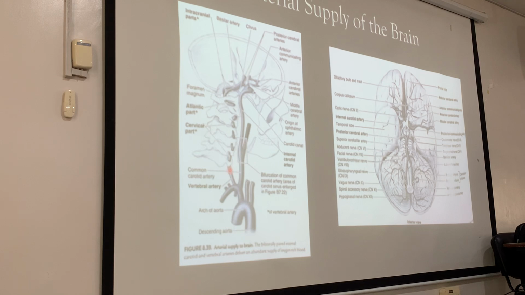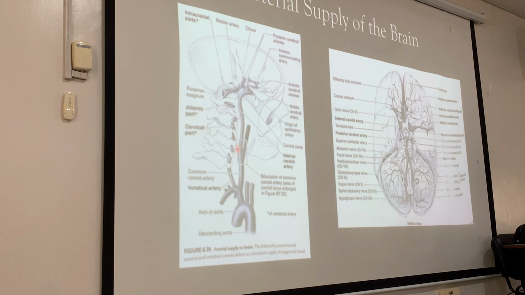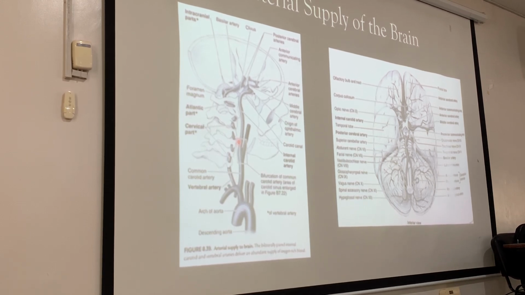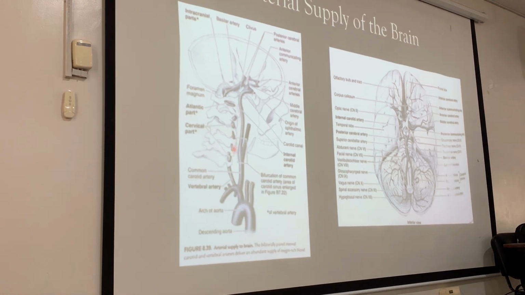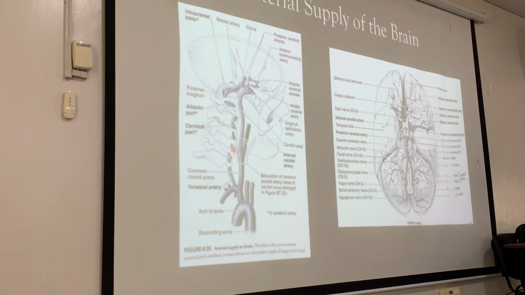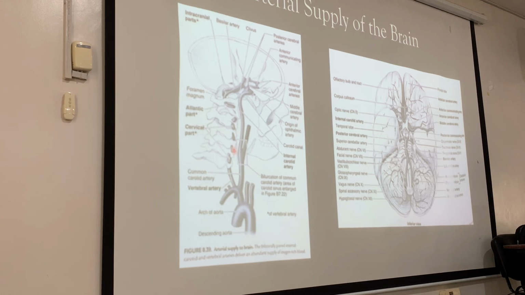And we have here another artery. So this time, this artery goes through the transverse processes of the cervical vertebrae. If you remember, the transverse processes have a foramen. That foramen is for this right vertebral artery to pass through, and there's also a left vertebral artery. So the internal carotid and the vertebral arteries will supply the nutrients and oxygen to the brain.